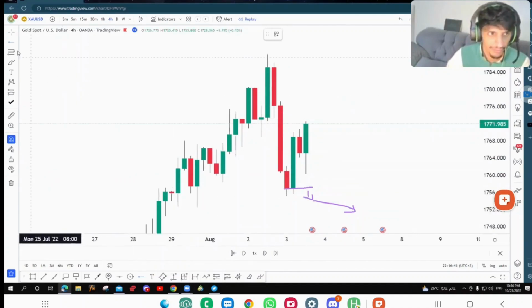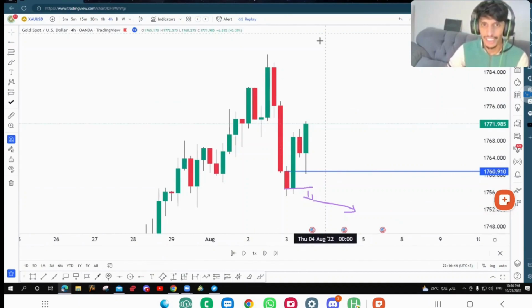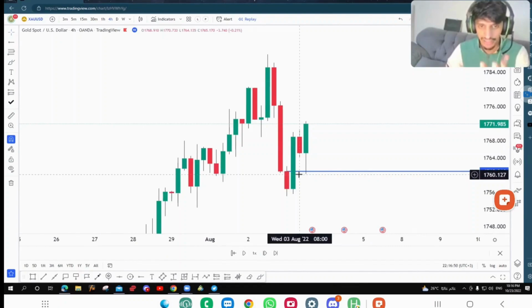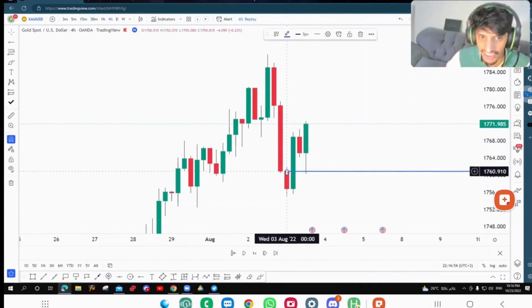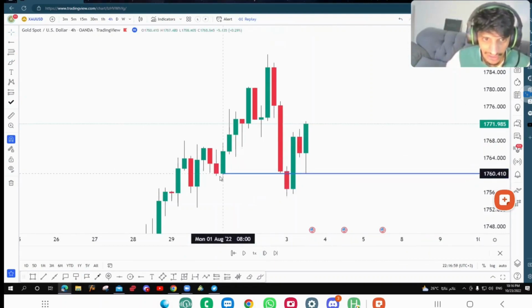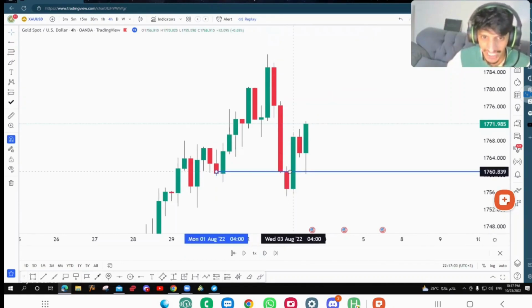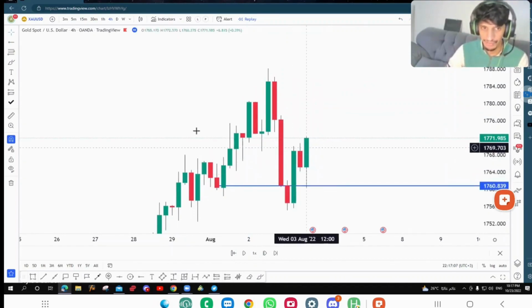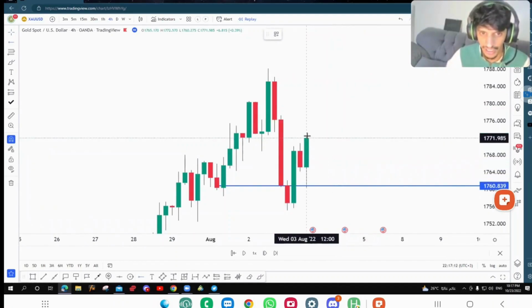You see? It's going up. Now you will see that every time I will change the idea. I will look at the market. Why? Because yes, we rejected here, but we held that support, 1760. This is the level. We held that support. Now, since this is happening, what you can look for is